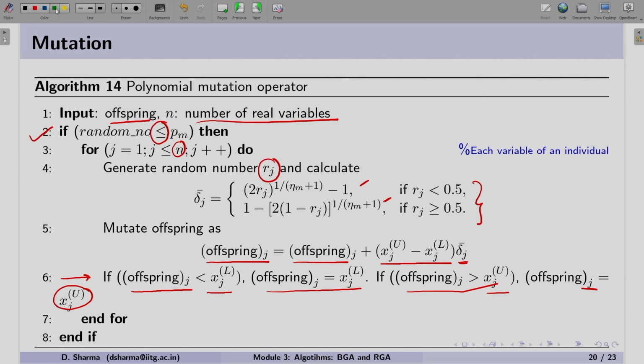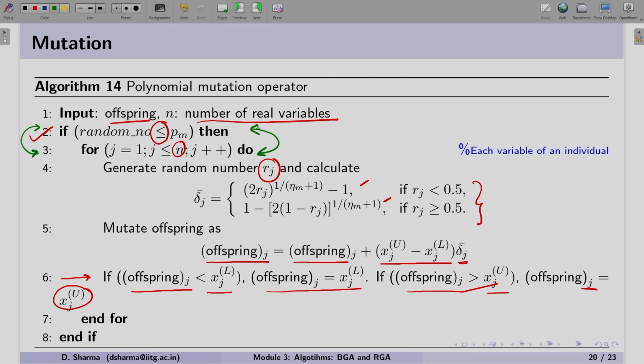Now again, if we discuss the swapping, I am considering step number 2 and step number 3. If we swap these two steps, currently what we are doing is that as soon as the random number is smaller than the probability, we perform mutation for every variable.